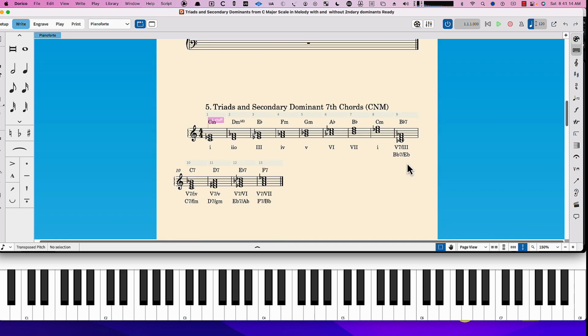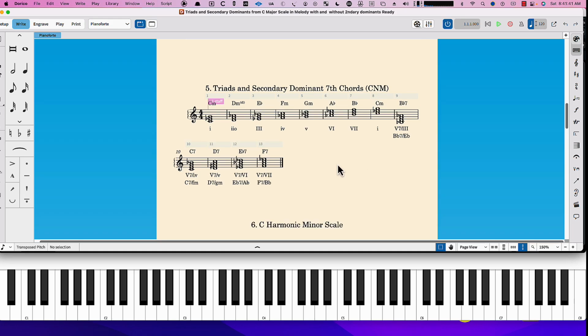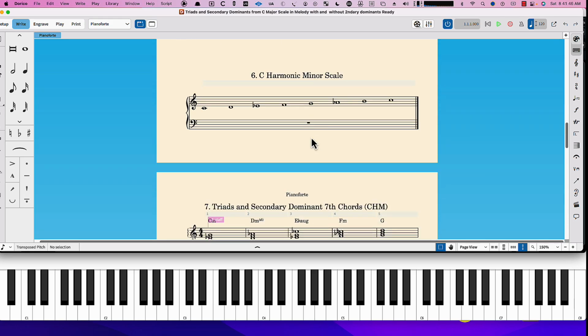And then you would have these secondary dominants in this key. So the B7 would go to the E flat, the C7 would go to the F minor, the D7 would go to the G minor, and the E flat 7 would go to the E flat, and the F7 would go to the B flat. So these are chords formed by the C natural minor, which is the Aeolian mode in the C scale, and the harmonic minor scale is